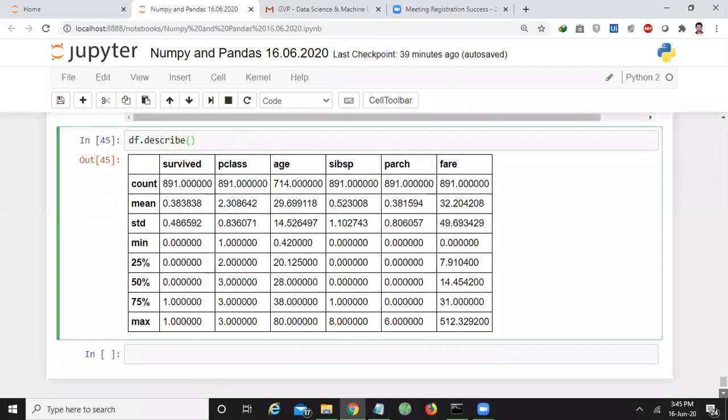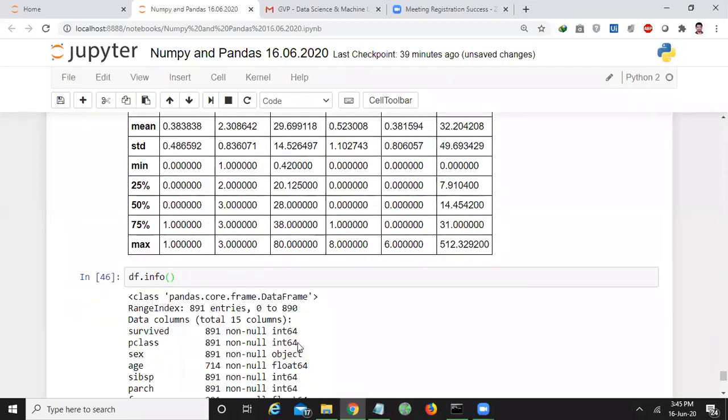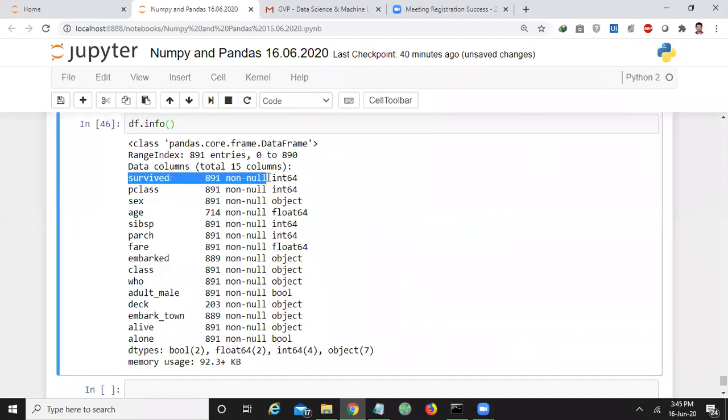Okay, here we have one more function, that is df.info. Here it gives the information about all the columns. For example, in survived, we have 891 non-null values. How many passengers are there in our data set? 891.